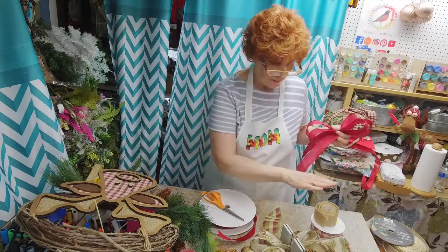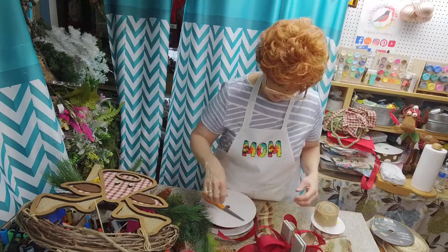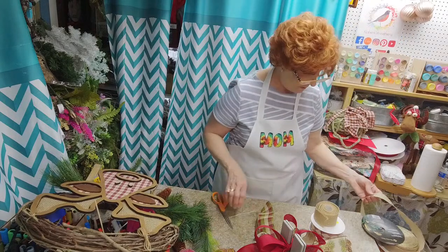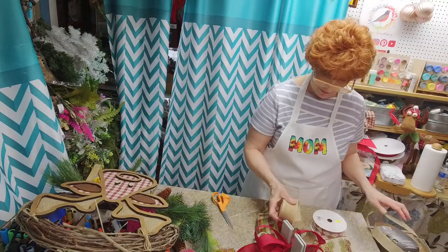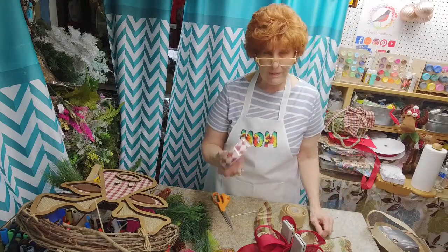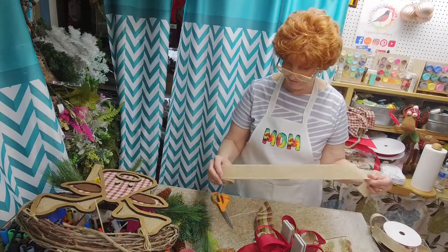Alright, so loop over here, so we'll put the loop over there. Now, I'm thinking I can either go with this, but I'm thinking I want to go with this. I had this out, but I'm not feeling this. So I think we're just going to...